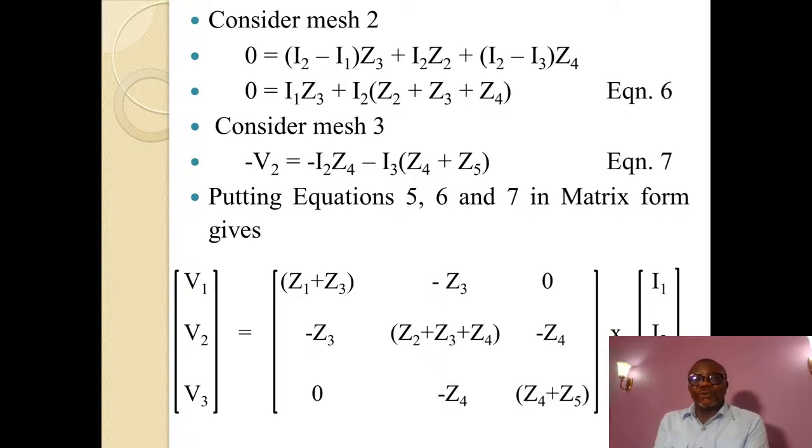If you open up the brackets, you get equation 6, which is I1 Z3 plus I2 into (Z2 plus Z3 plus Z4). So if we consider mesh 3, we can now see that